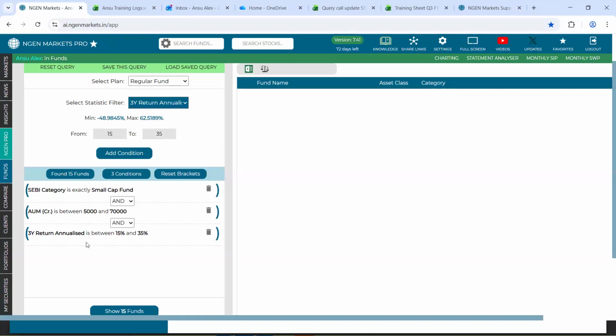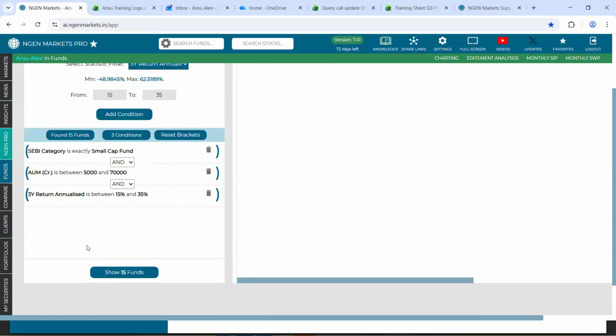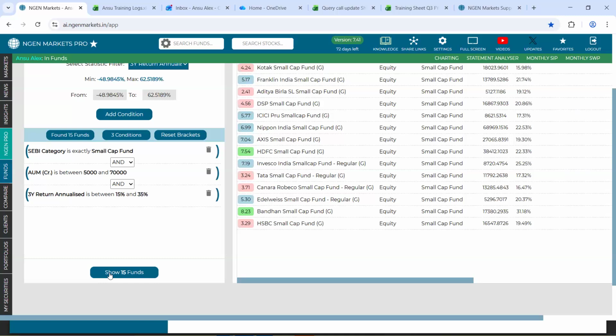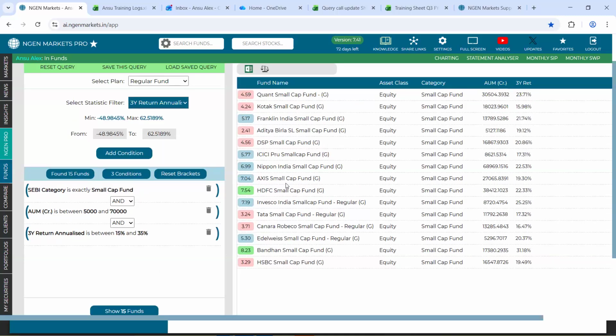Once all the conditions that you want to be a part of your query have been input, all you need to do is click on show the number of funds. Once you do that, on your right hand side, you get to see the list of funds that have been shortlisted. Following that, you see only two columns specifically, the AUM and 3-year return, and no other column comes up.